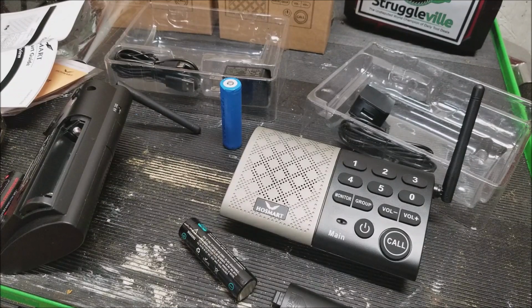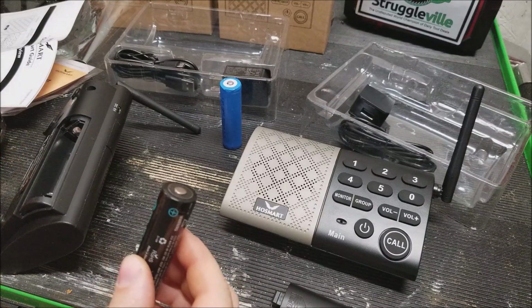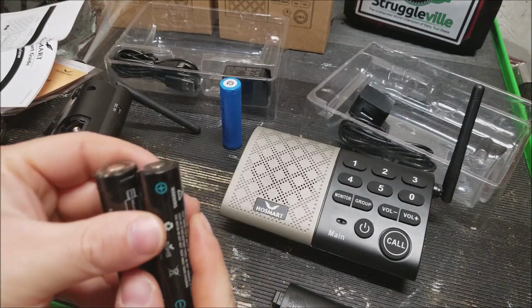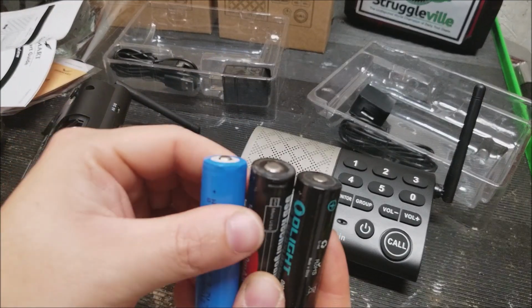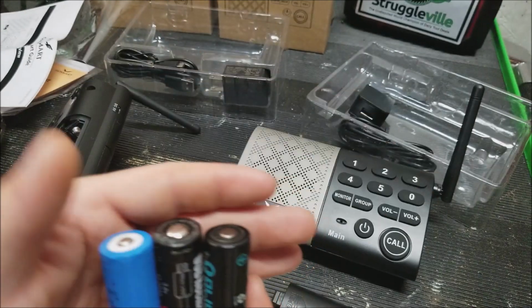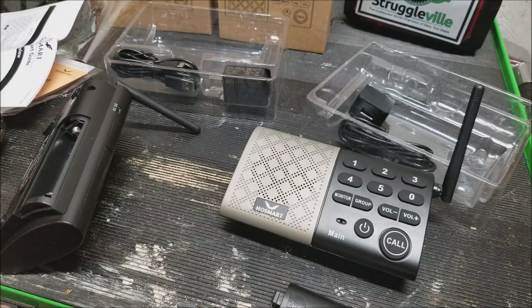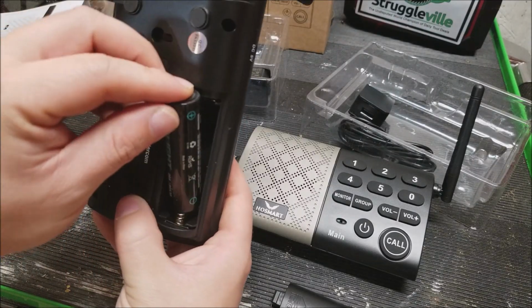Here we have learned our first bit of information. So I have 3 18650 batteries that I own. Now there's two types. There's flat top and there's button top. All of these are button top, which makes them just a little bit longer. And if you see here,